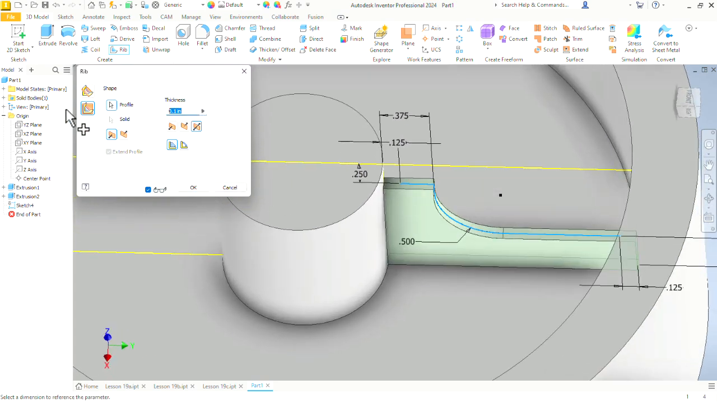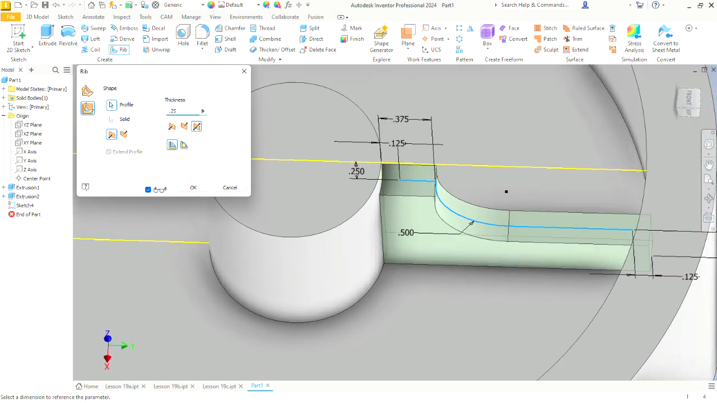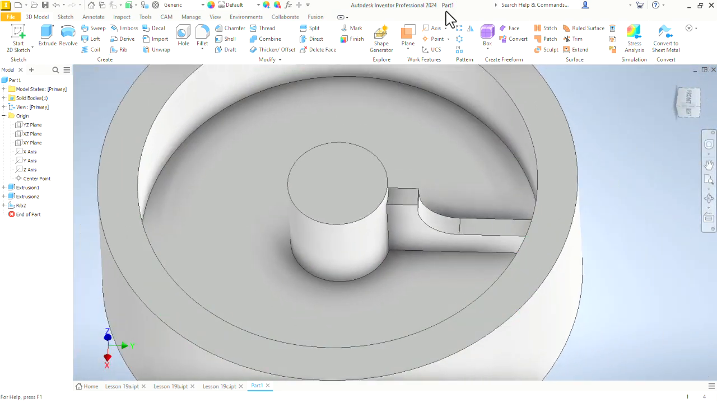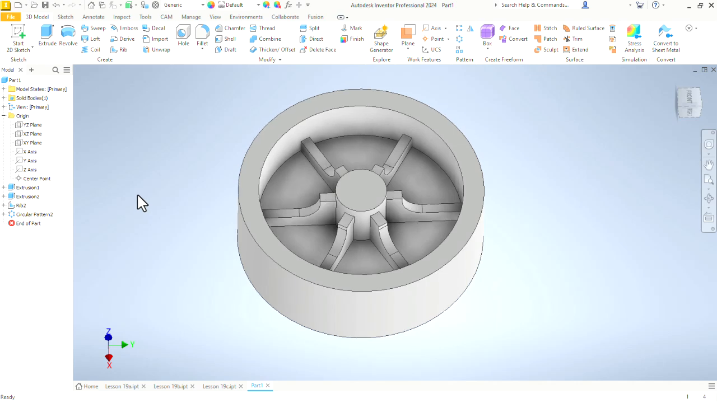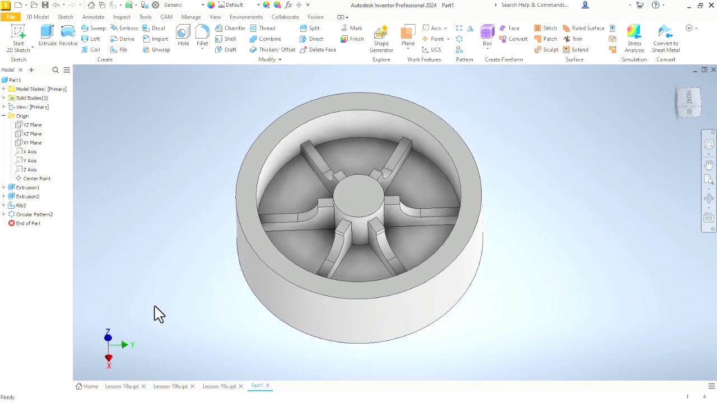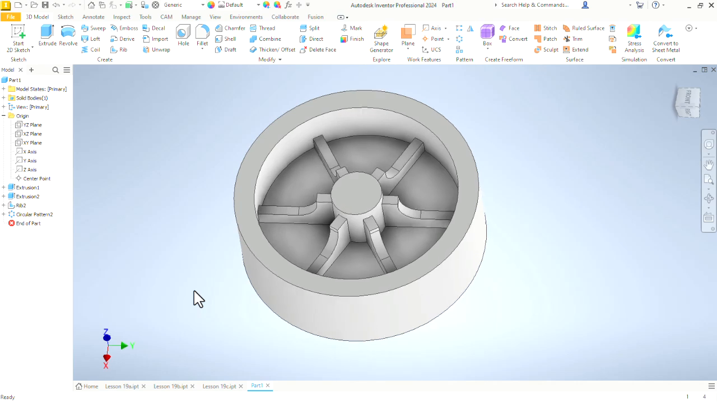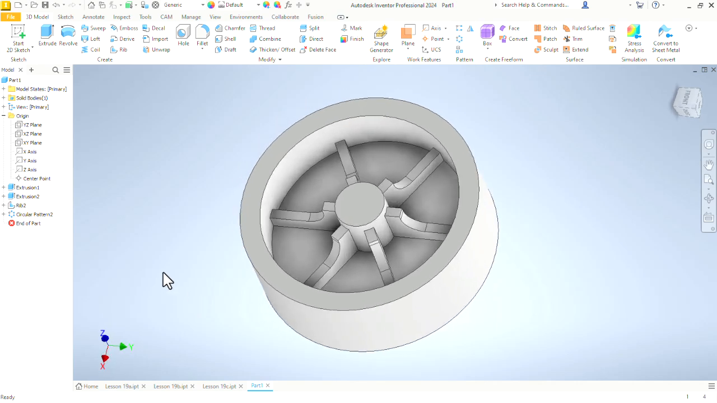So we can change the thickness if we want. Let's make it thicker and say OK. Come back in and give this one another circular pattern just to fill things out. All right, so there you have it, two different ways to create rib using normal to sketch plane or parallel to sketch plane. And let's look at one more